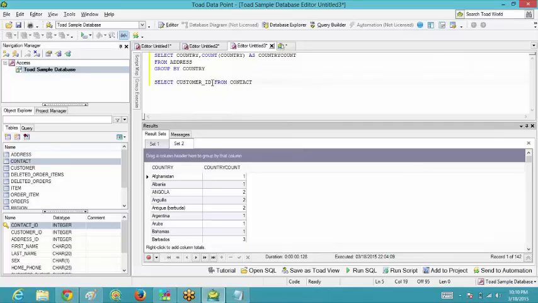Then after that we need to give the count also. So comma, then the count keyword, then it has to be done on the column customer underscore ID, okay, from the contact table, and then group by.